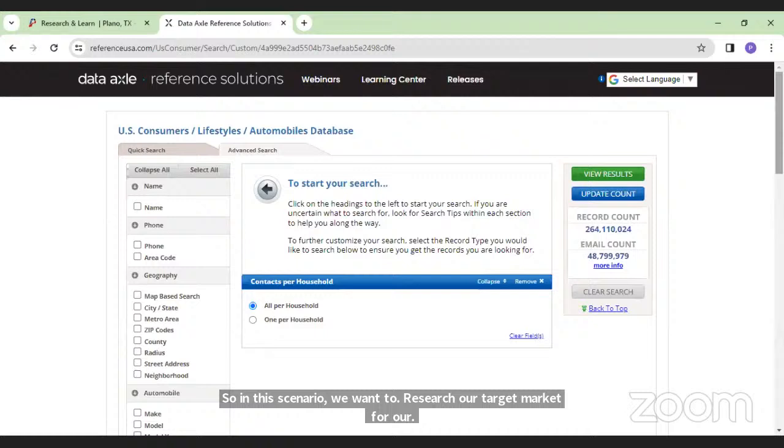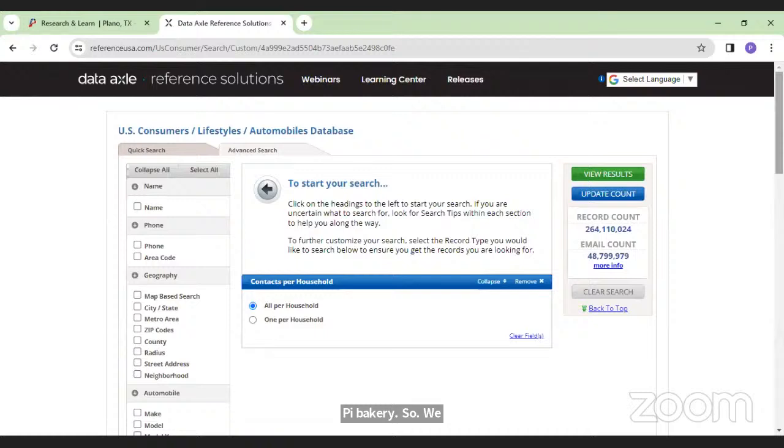So we want to determine the best area, again, for our pie bakery. Maybe we have a rough idea from the previous US business in terms of competition. Now we want to actually see what is the economic landscape like in this area